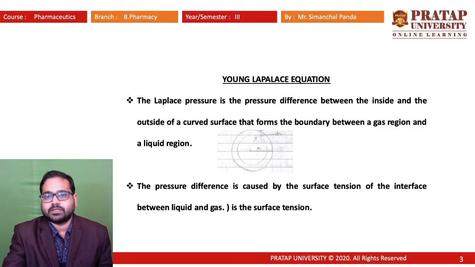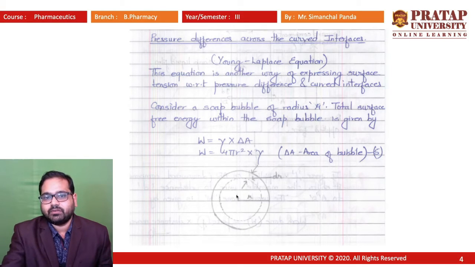The soap bubble consists of two layers: one surface is air, the second one is the liquid, and another surface is again air. So in between the two air layers there is a film of the liquid layer. So we are getting a bubble of soap. Previously it had a radius of r. Whenever the surface free energy is utilized, it shrinks to a radius of r minus dr. So next we are going for the derivation of the equation.